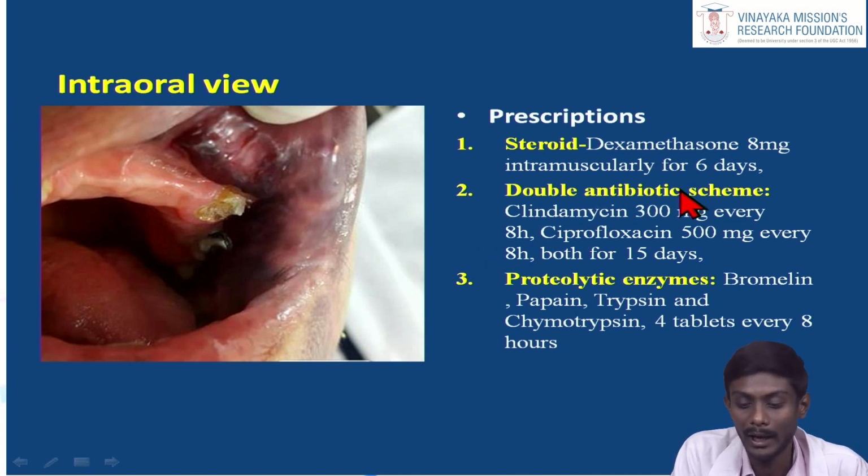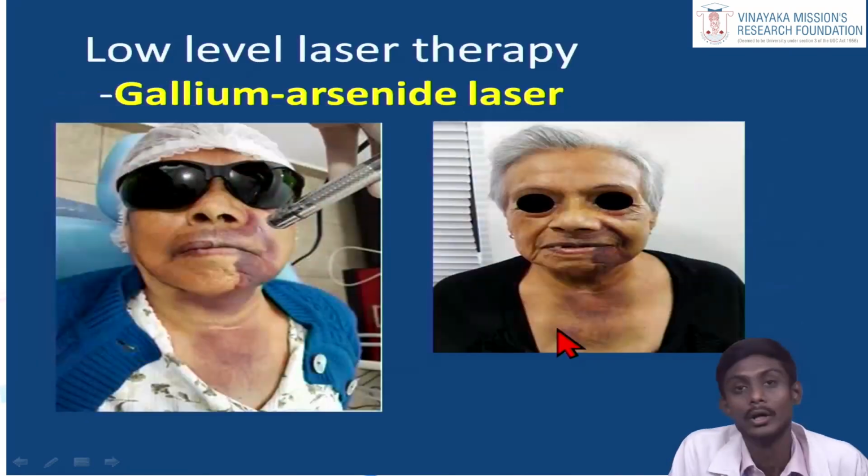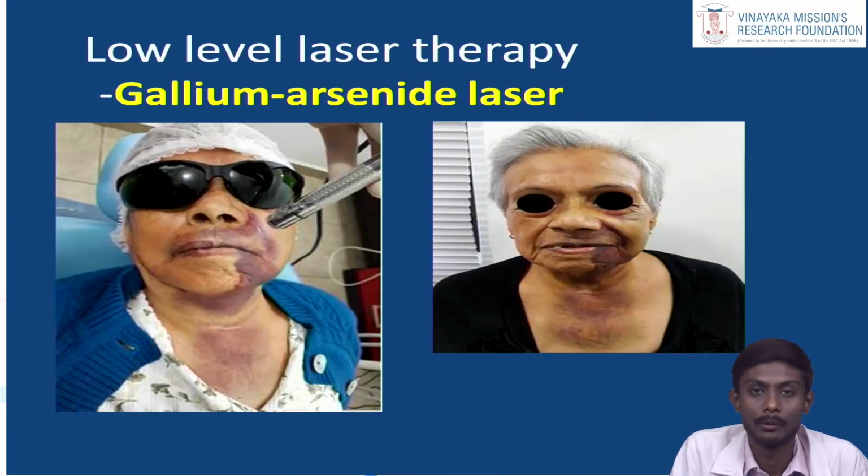Then they used double antibiotic schemes, such as clindamycin 300 milligram every 8 hours and ciprofloxacin 500 milligram every 8 hours, continued for 15 days. In this case, they also used a proteolytic enzyme, mainly because it can help in reducing the inflammatory process and also improves healing. The proteolytic enzymes such as bromelain, papain, trypsin and chymotrypsin, 4 tablets every 8 hours, were used in this case report. In order to reduce the inflammatory process and make healing faster, they used